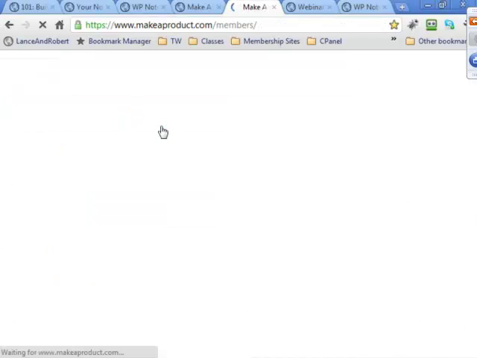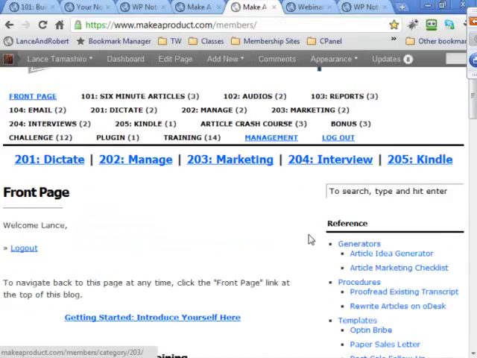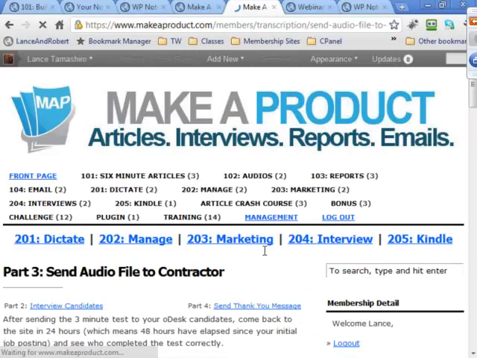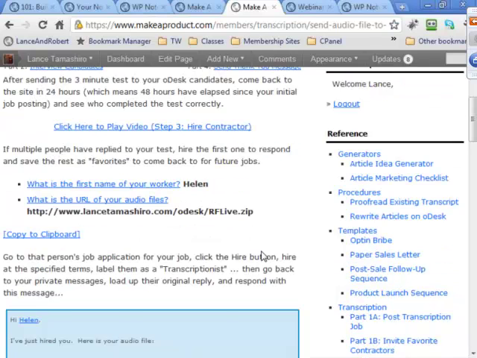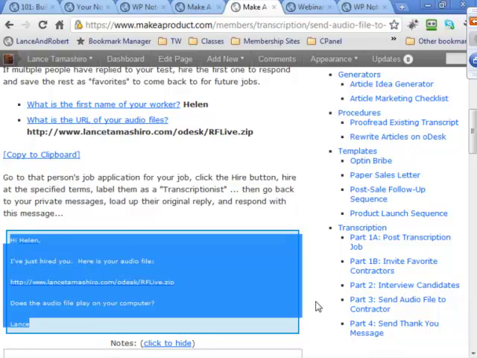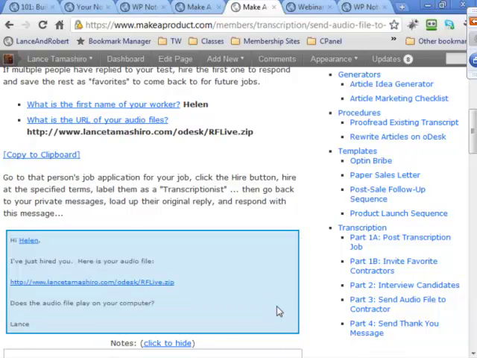But I want to move on to what I think is even cooler than what we've just looked at. I'm going to go over here to this module 202 part, and you see we've got these procedures. This is basically a step-by-step process like we've been talking about that we want to go through when we're getting the transcription. I'm not going to show you everything, but let's go to step 3, for example, where we're going to hire a contractor. Now, the part that I want you to notice here is that I can click on these things right here, and basically every single time I hire somebody, I use this exact same template.